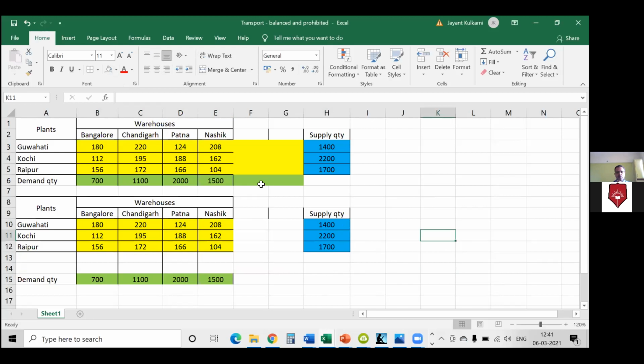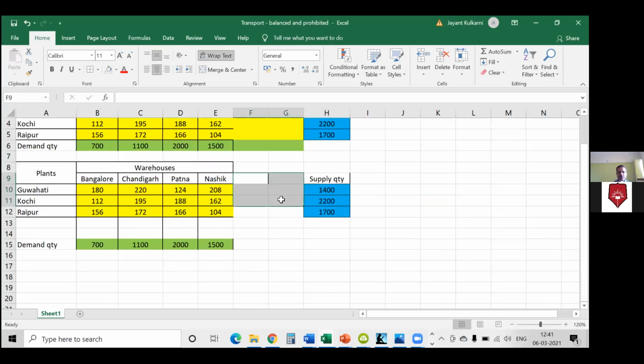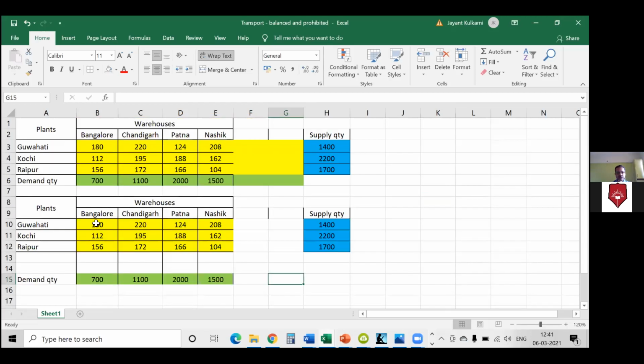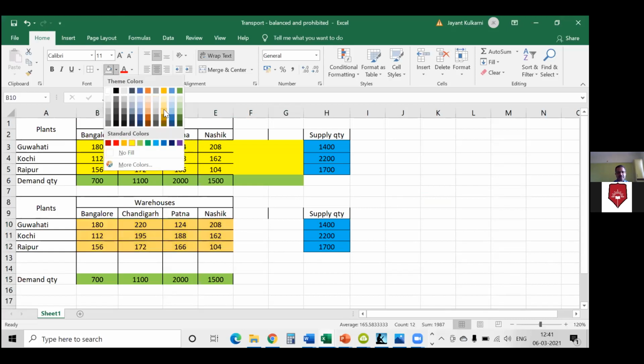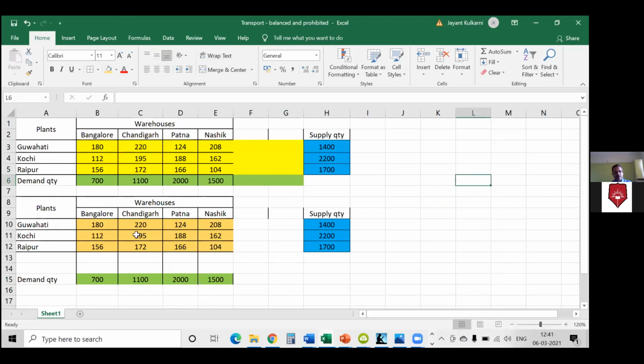Okay, so we reached so far here. Now, this particular matrix, which is going to be a quantity matrix, let me color it as an orange matrix. Because it is going to contain quantities, let me delete all the information in that.